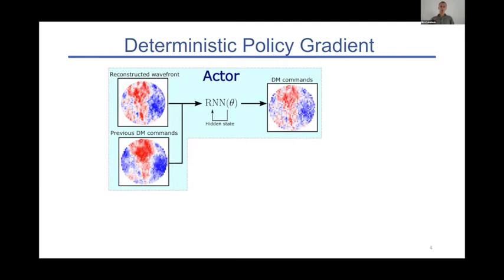That's based on two models. We have the actor and the critic. Let me start with the actor. The actor is basically your controller. It maps a wavefront sensor measurement or the reconstructed wavefront to deformable mirror commands. This can be any kind of differentiable parameterized model. It can be just a linear model, or we include some domain knowledge in it. In my case, I use a recurrent neural network controller because that has some desirable properties for dealing with closed loop adaptive optics. This is modeled with some parameters theta.